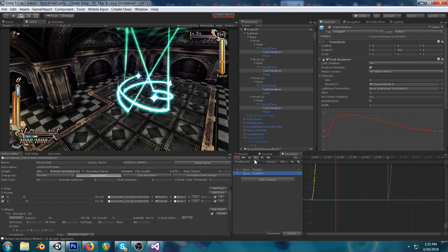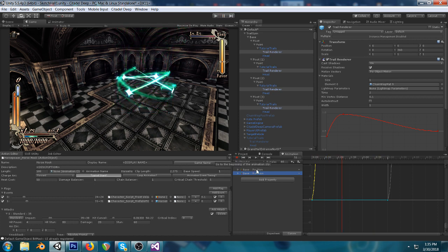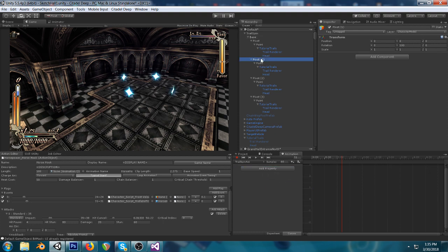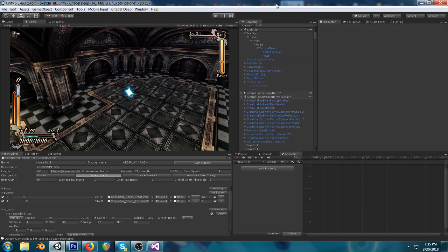You even might like it to just, this is another way of doing slash effects. You simply